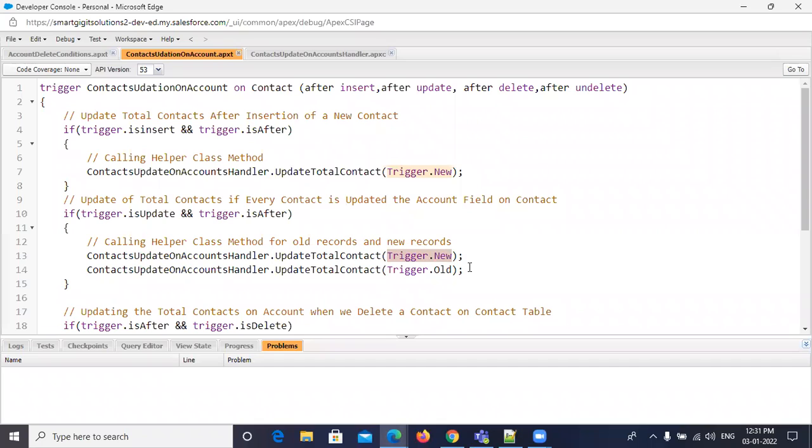So in this case, you can calculate the number of records for both the old one and the new one. The old one is losing one record and the new one is adding one new contact. That's why we call it two times, one for the old record and one for the new record.